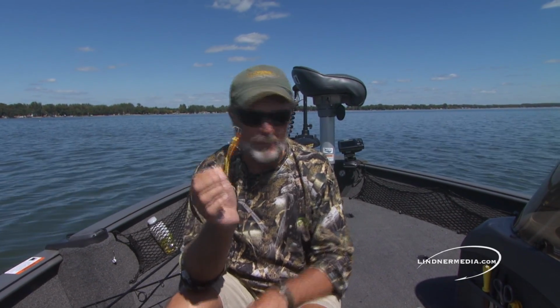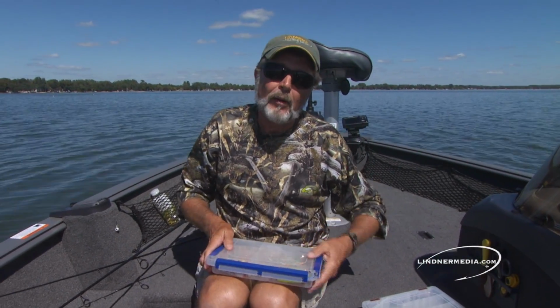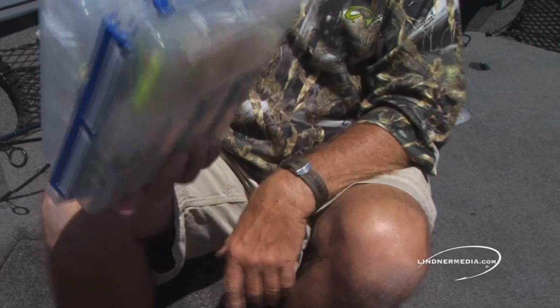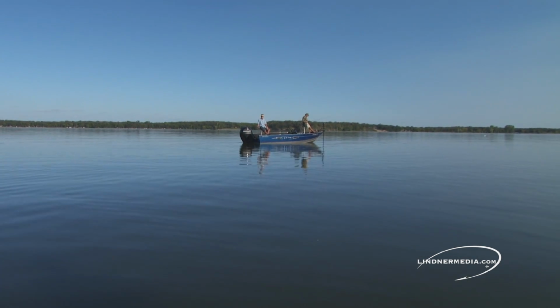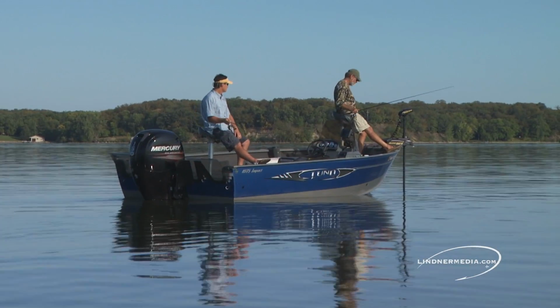This is a bigger bait, a bigger profile, bigger fish will hit it. Before the day's over, you're going to see what I'm talking about when I'm saying a bigger fish will hit this. So it's important to understand that the Snap Rap is not here to replace the Jigging Rap. And look, it's so simple. 2 little boxes, and you can have so many different baits in there, and they take up no room. And it is, beyond a shadow of a doubt, the most enjoyable walleye fishing I have experienced in many, many years. In the summer months like this, when that bite's on, man,